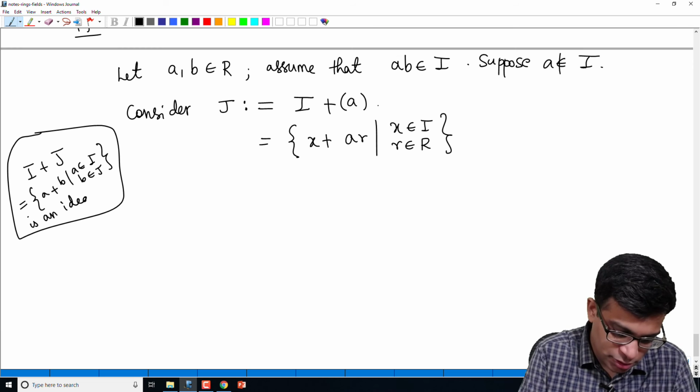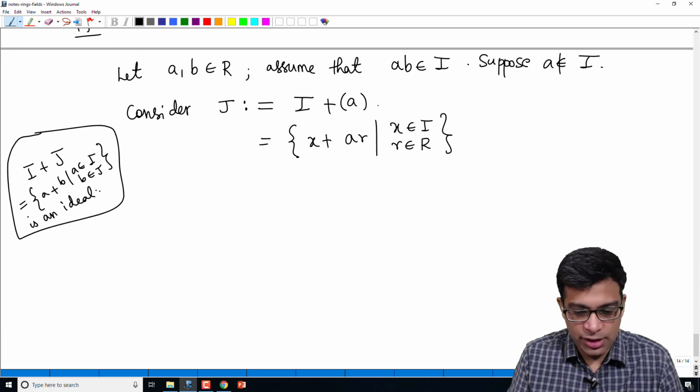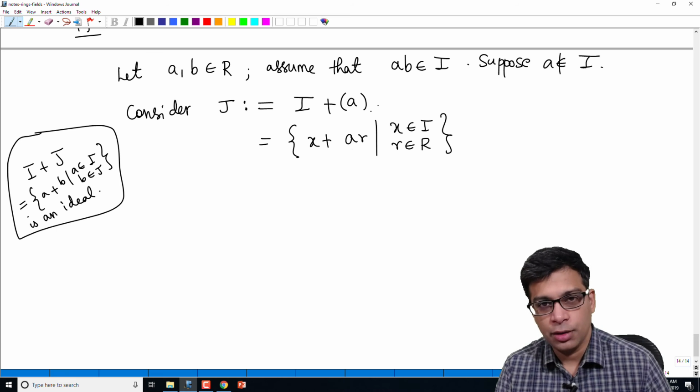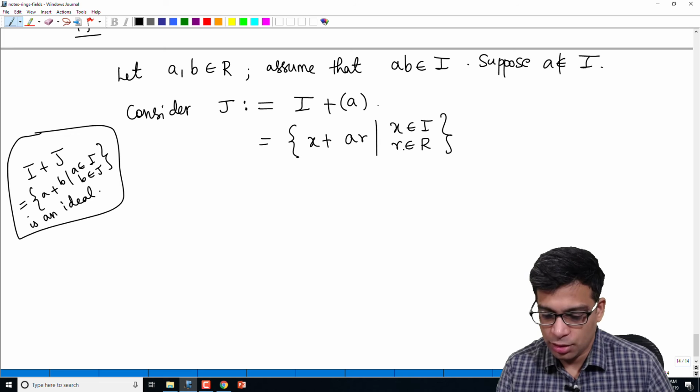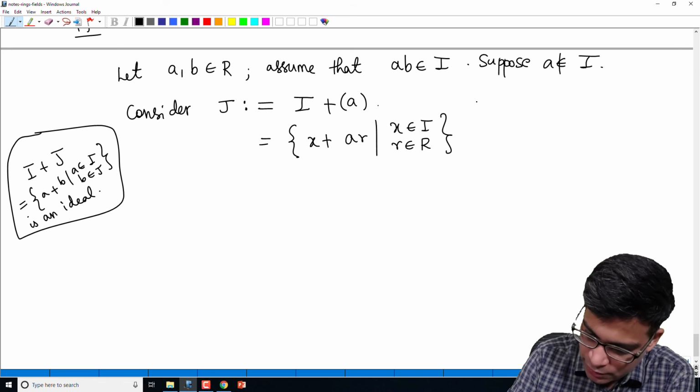If you remember this, that's good. Otherwise, please do this exercise. If you have two ideals, their sum is an ideal. So in this case, you take any element of I and any element of the ideal generated by A, which is of the form AR, because the ideal generated by A is the set of elements of the form AR, R in R. Now, this clearly is an ideal